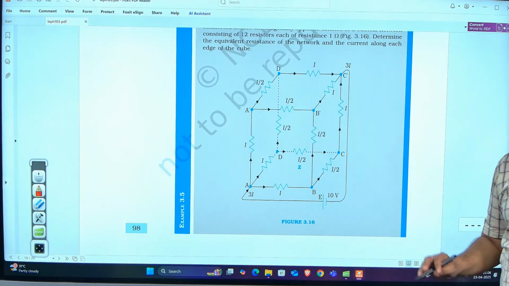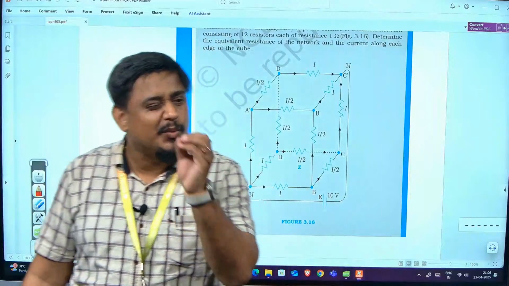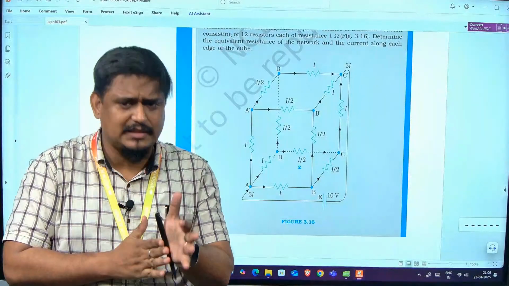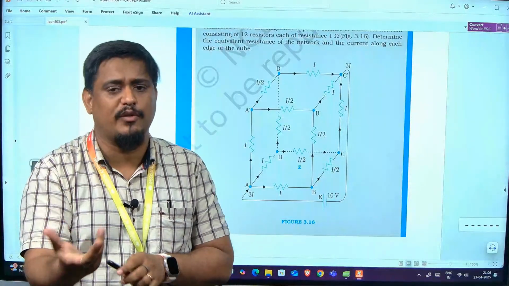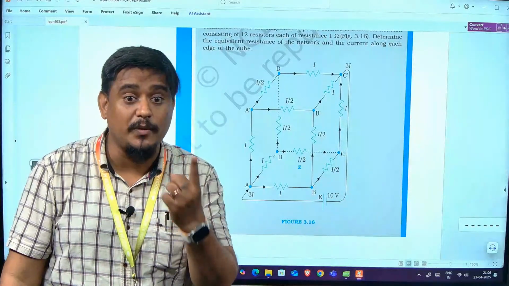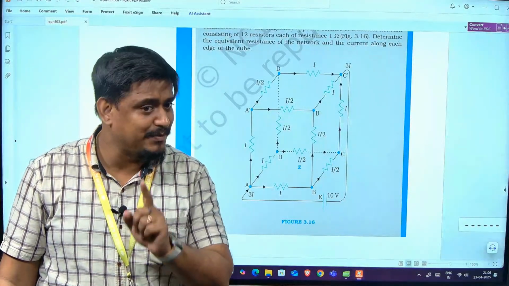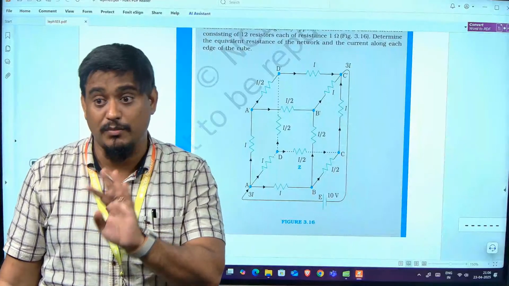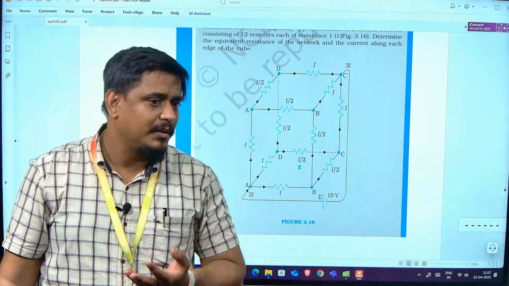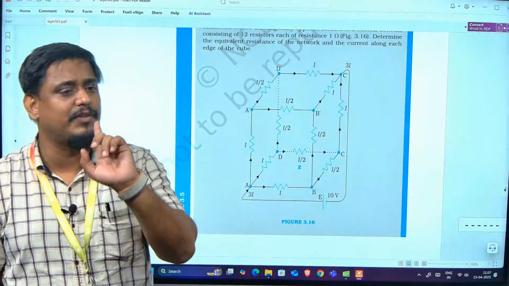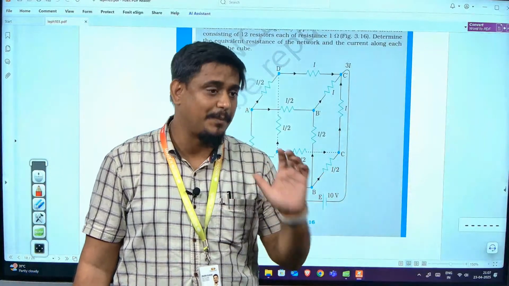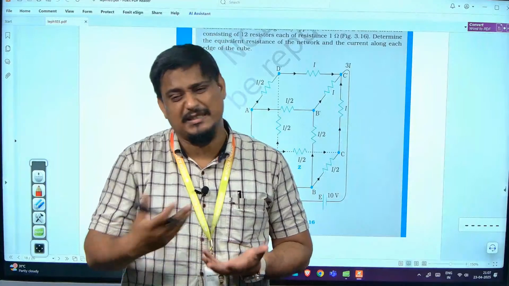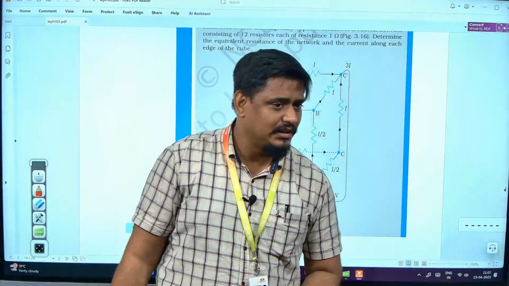So this question, even though it looks very complicated, is actually a very simple question. Only thing is you should understand how the current gets divided. Don't worry, next class we will talk a little bit more about Kirchhoff law, and then we will get into Wheatstone bridge. Moreover, please pay attention, in the next practice class, I will give you at least 7-8 questions from Kirchhoff law. Solve it honestly by yourself. I believe by next Wednesday you will be getting more confidence in this topic. It may look a little difficult to you now, but it is because of lack of practice. The more you practice, the better you become.